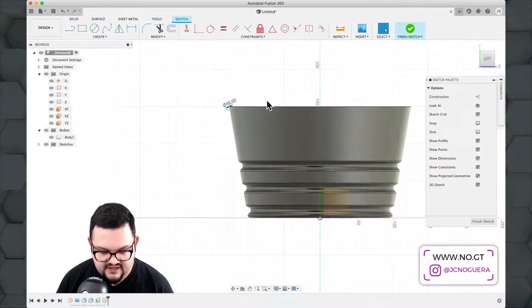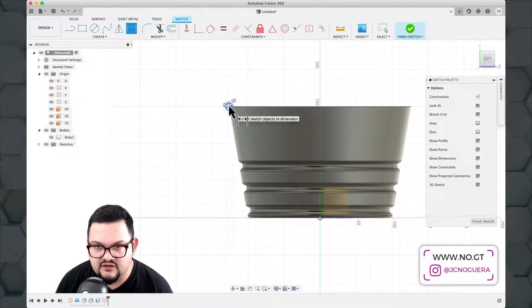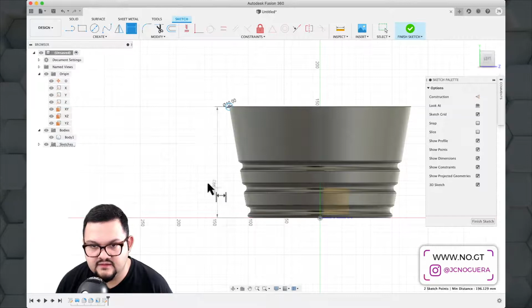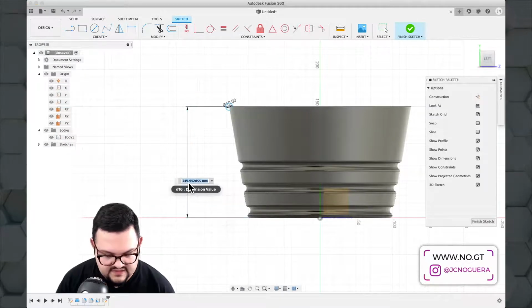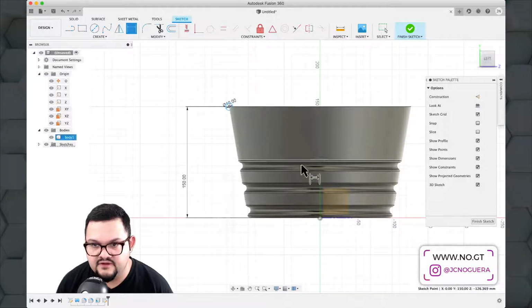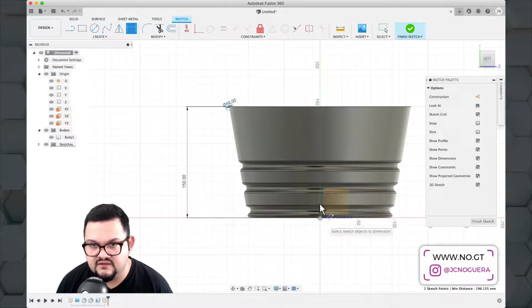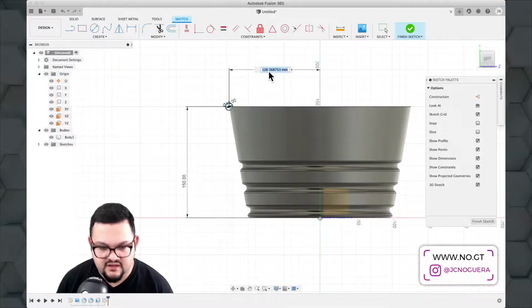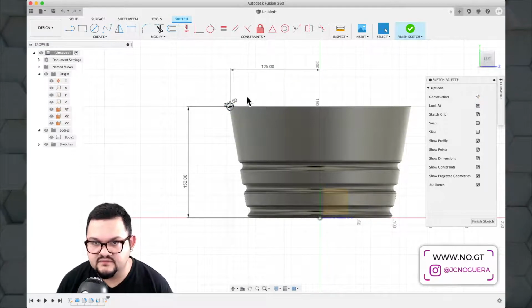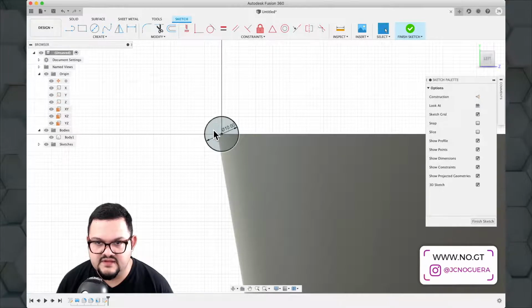And now I can come back and give this a particular place in space. Let's say you're 150mm from the origin in the vertical direction, and you're 125mm from the origin. All right, so I'm going to select this now,